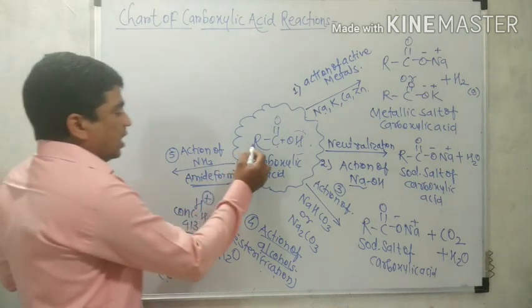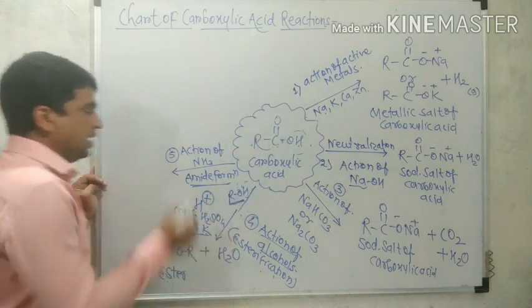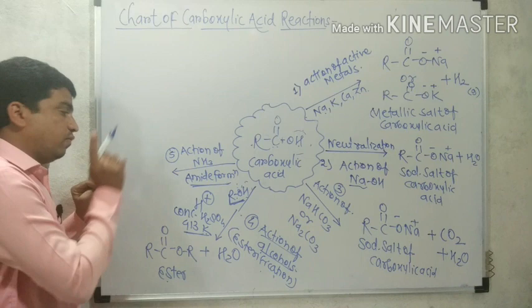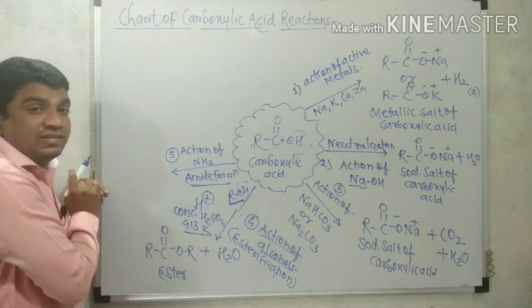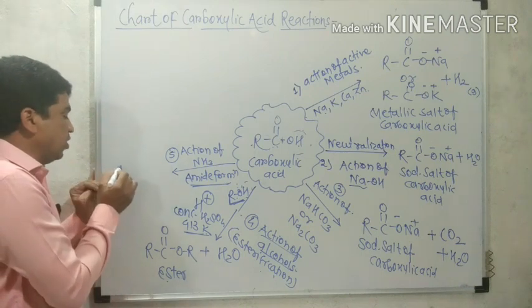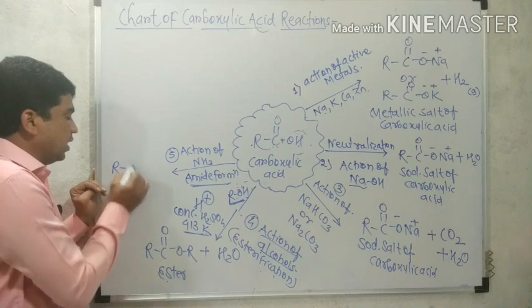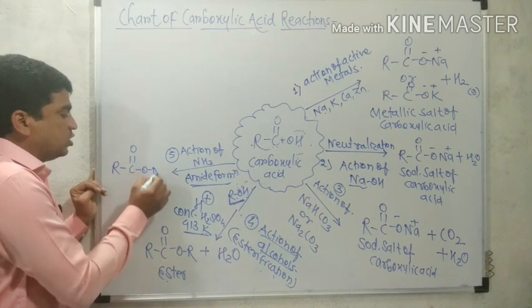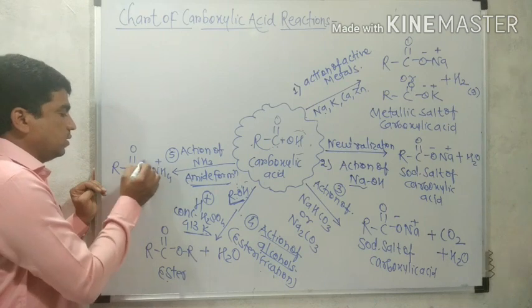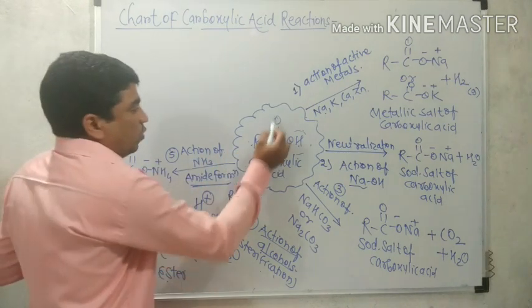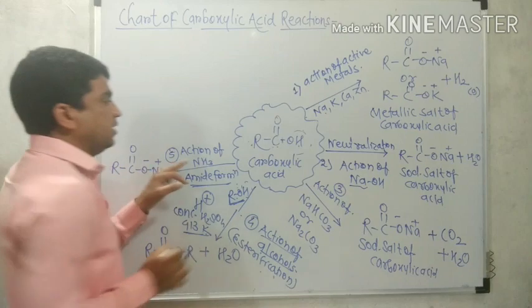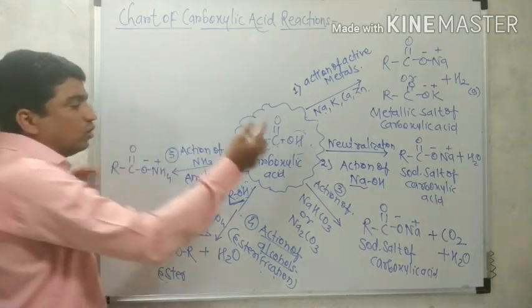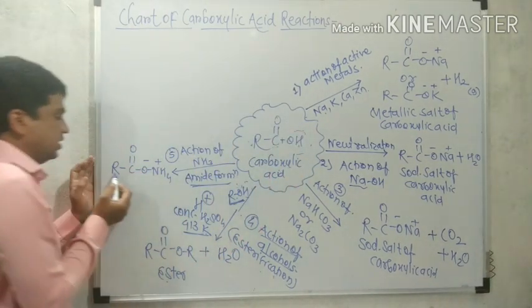So when RCOOH reacts with NH3, this is a two-step reaction. We obtain RCOONH4. RCOOH plus NH3: if we add an NH3 molecule to RCOOH, then we get